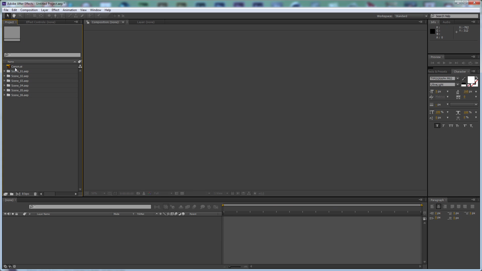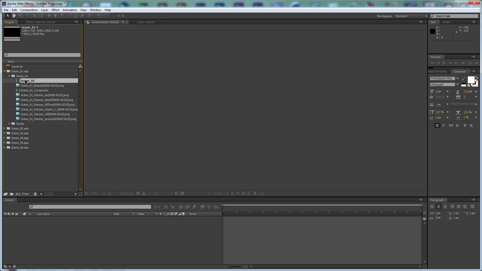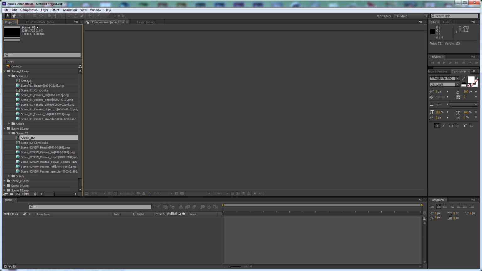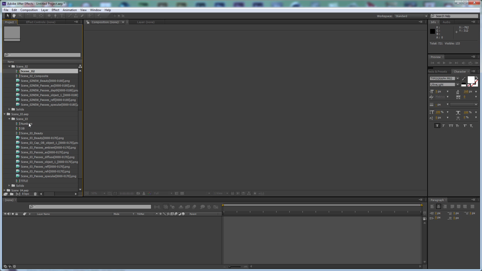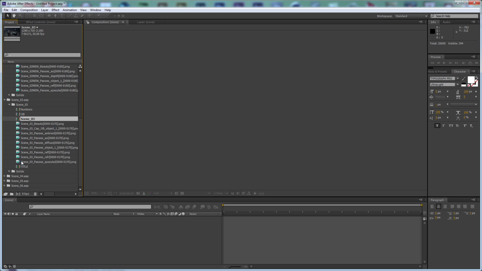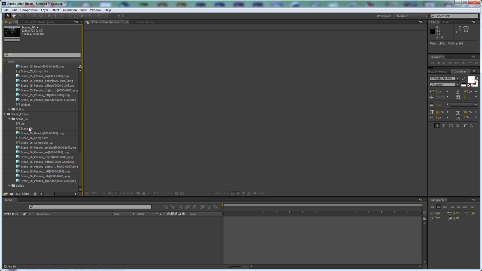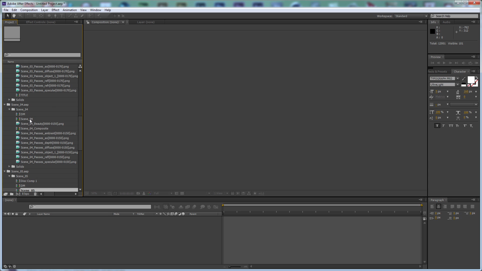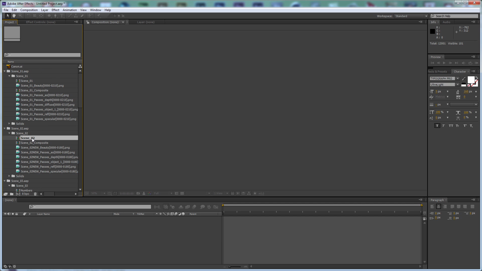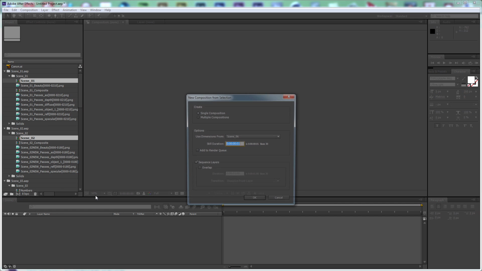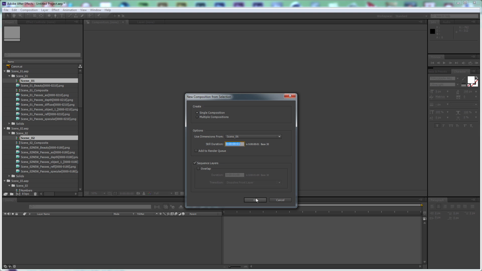Here we are again with all the project files and the Canon logo. Now what we need to do is to take scene 1 as well as scene 2, and let's see, scene 3, we need to rename this, and basically take all the scenes here and put them into one single composition. So select all the compositions, put them into a single composition, and just click sequence layers,